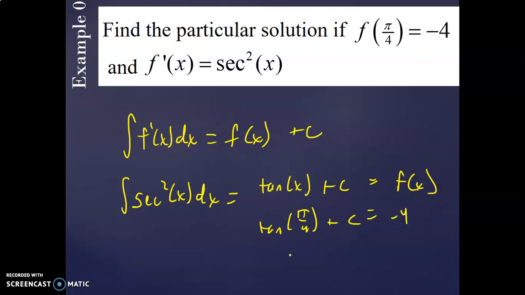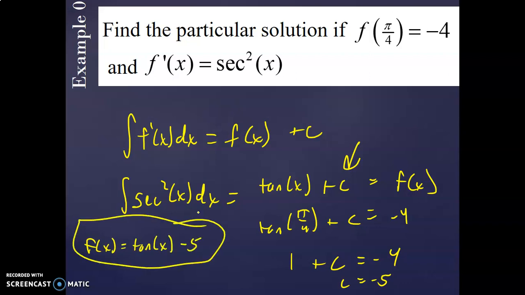So tangent of pi over 4 should just be 1, plus c is -4. So c would be -5. C equals -5, plugging it back in here, and finding that f of x is tangent of x minus 5. That's your particular solution. It's also called a specific solution or the